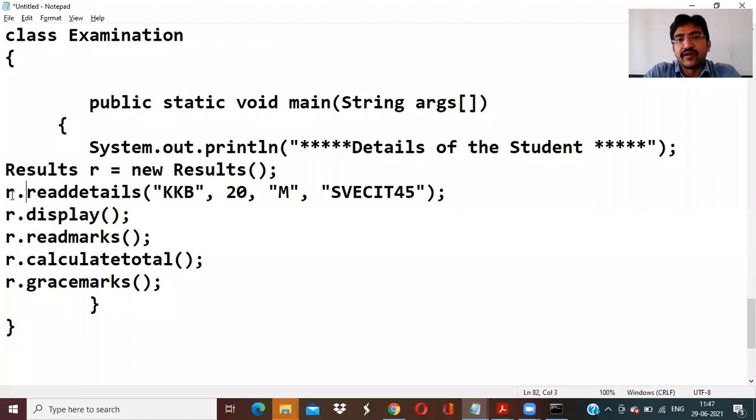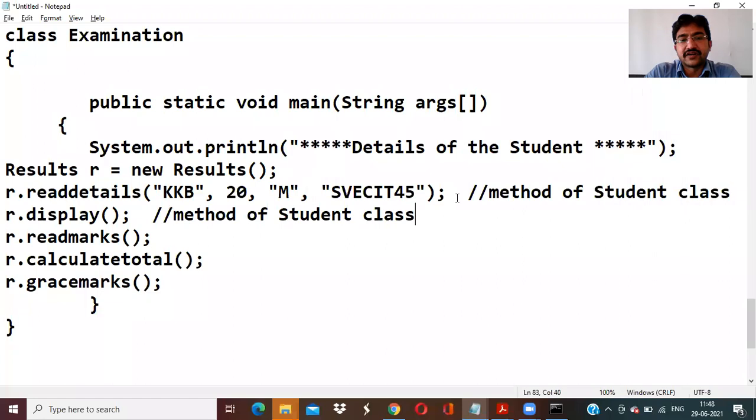And we are going to be calling the methods. What are the methods we are having in the student class? Read details, display. What are the methods in exam actually? Read marks. What are the methods available in the result? Calculate total, and grace marks. So which method is it? This is a method of student class, right? Display, method of student class.